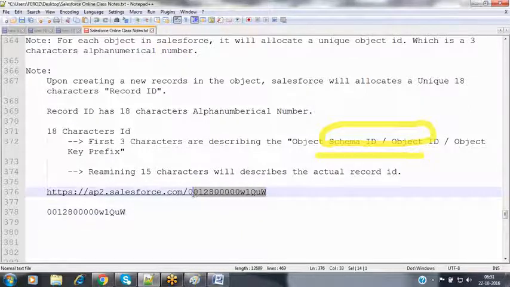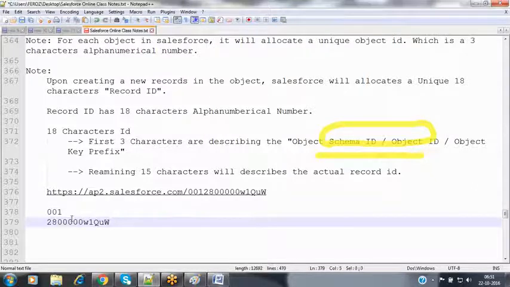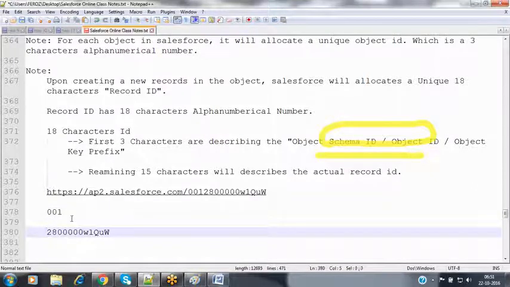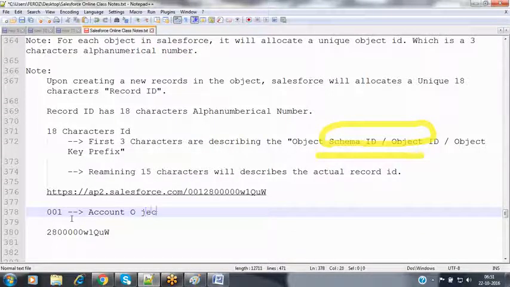This is the ID allocated by the Salesforce team. In that ID, what are the first three characters? 001. What object ID does 001 mean? 001 means this is the Account object ID.